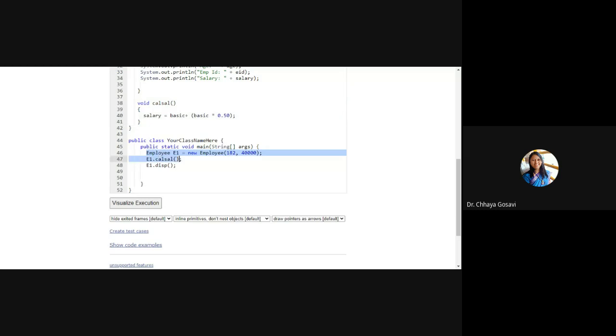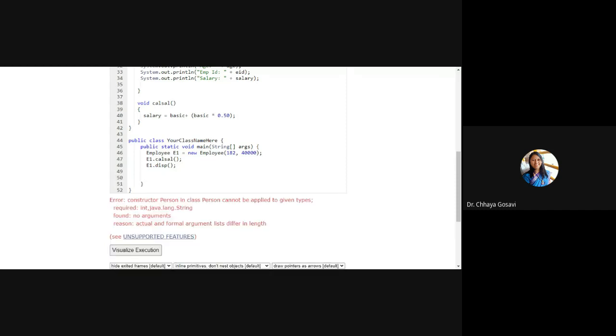Now here I have created an object of the employee class. I called the calculate salary function and display function, and we'll check whether it will work or not. Constructor person cannot be applied to given types. Okay.